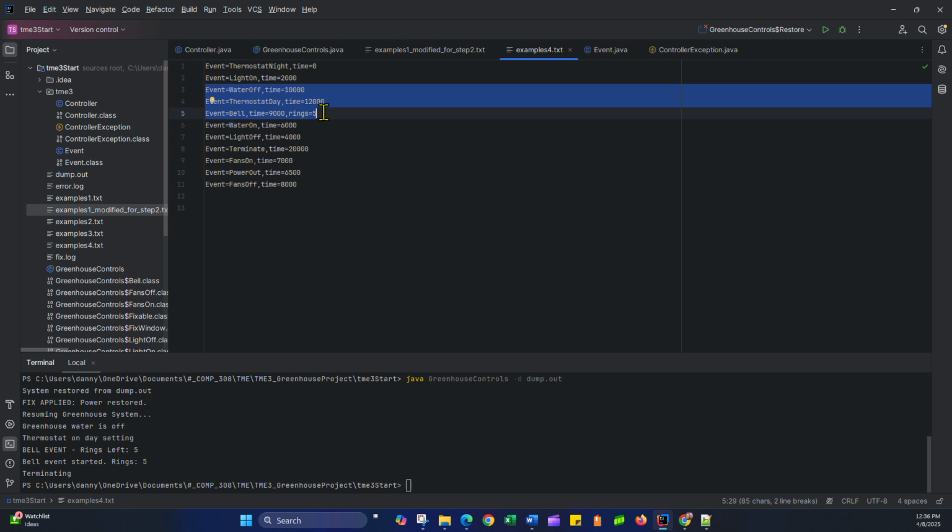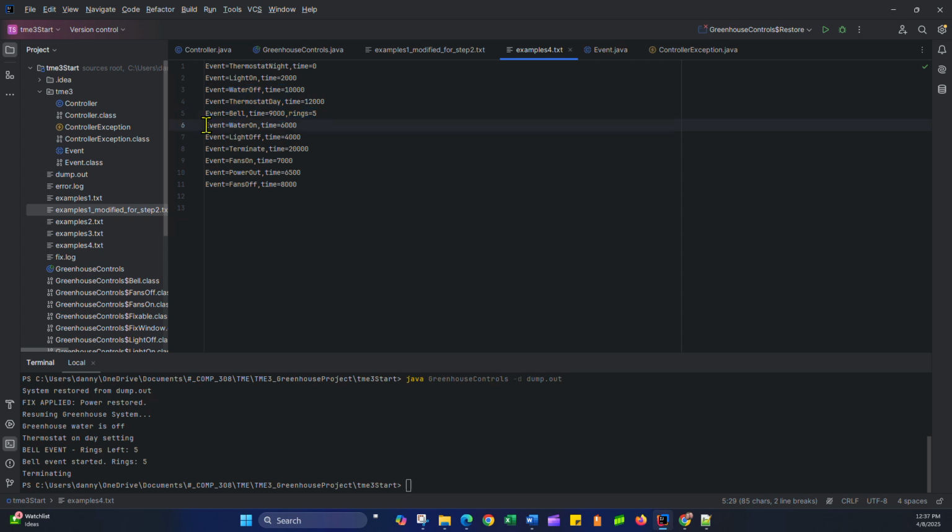It started off here, water off, thermostat day, and then bell event. And then it skipped water on, light off, but then it went to terminate. So what's happening, at least what I believe is happening, and obviously it's been a little bit since I've looked